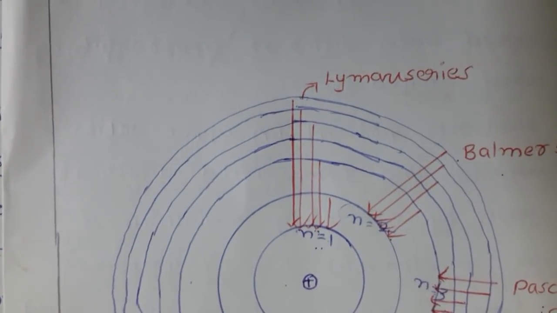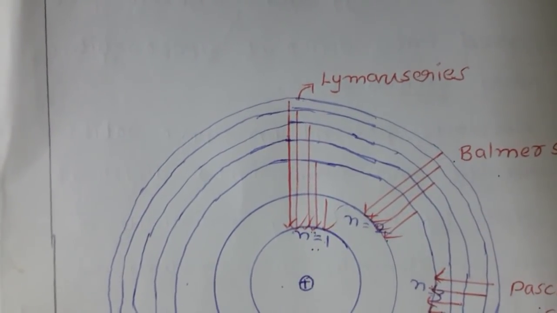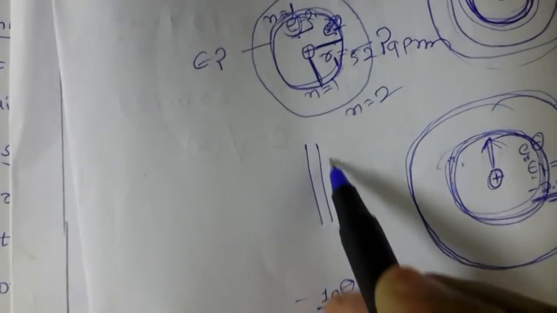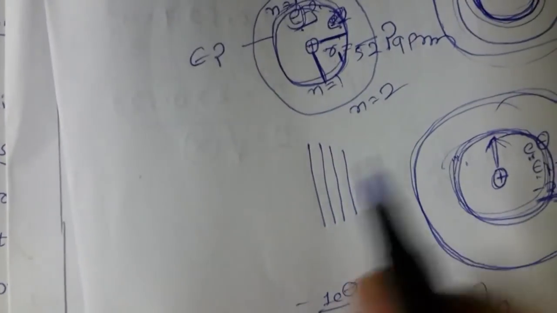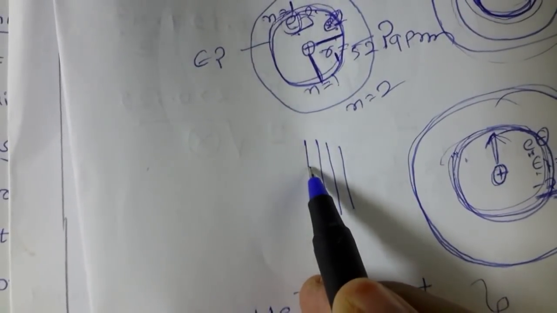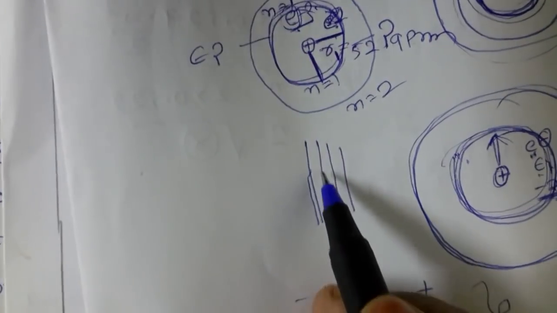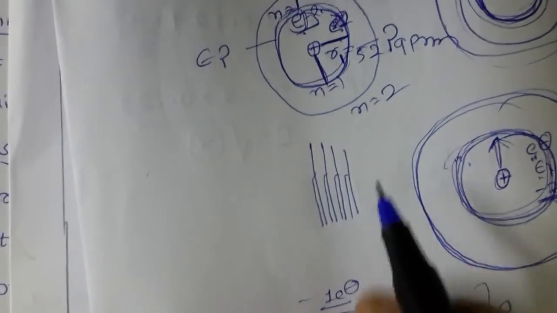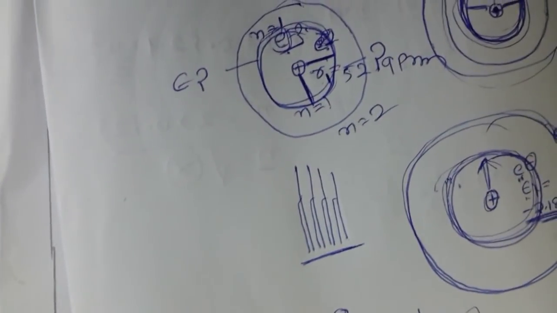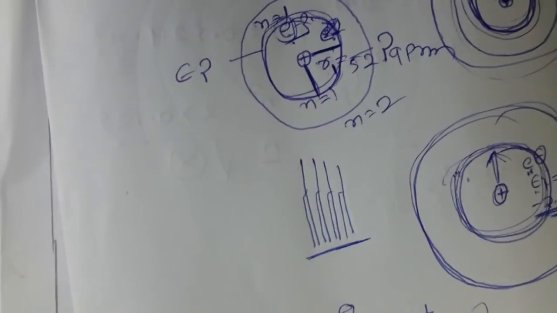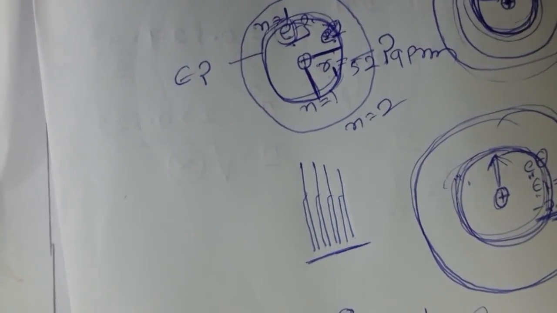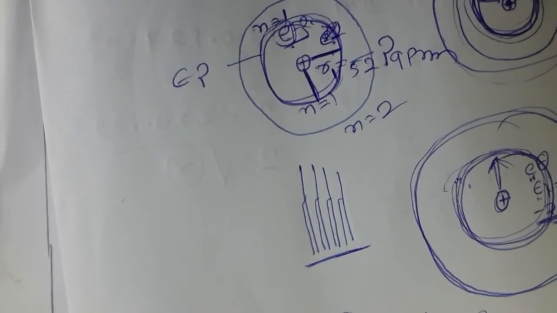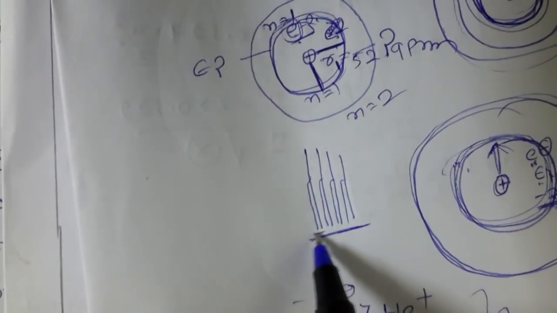If you go for a sophisticated instrument, instead of one line, you see only one line in the case of the Lyman series normally. But with any sophisticated instrument, instead of one line you get two lines. Why is this happening in the hydrogen atom? It is not explained by the Bohr model, and that is one of the limitations of the Bohr model. These two lines are called a doublet.